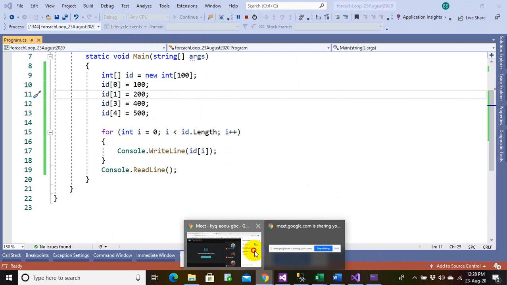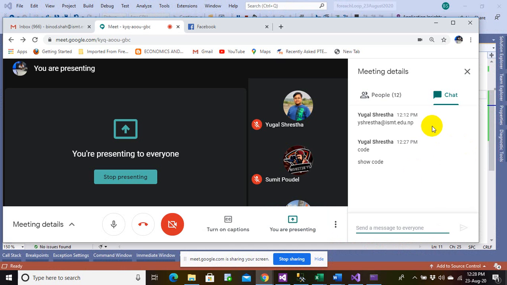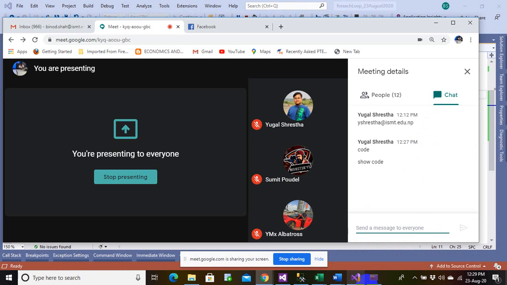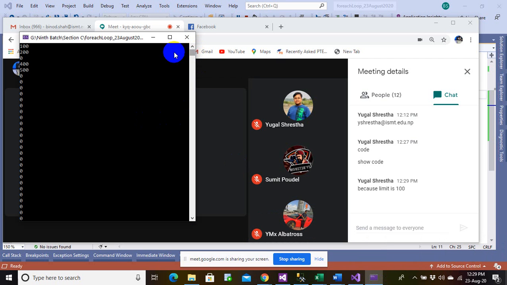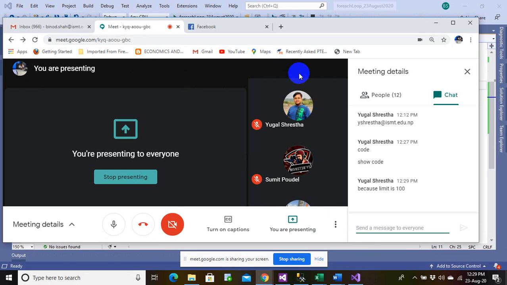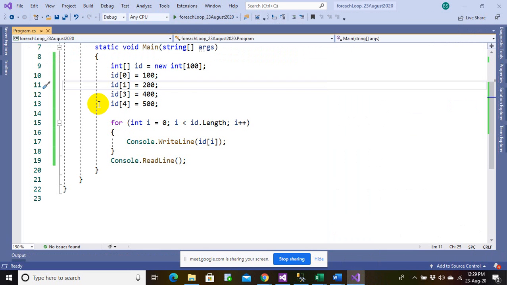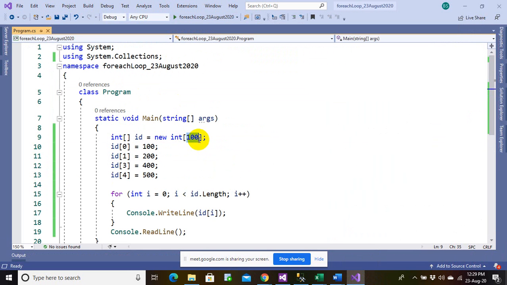So do you have any idea why I am getting that 0 in this class? Why do you think I am getting this 0? Because the limit is 100, absolutely. Because the limit is 100 and you are getting the 100 value out here, Vimon. Since the limit is 100, if you look into your code, you have defined the limit as 100.